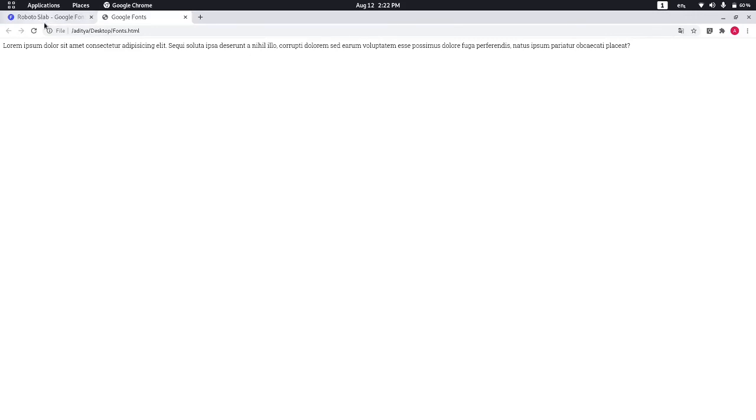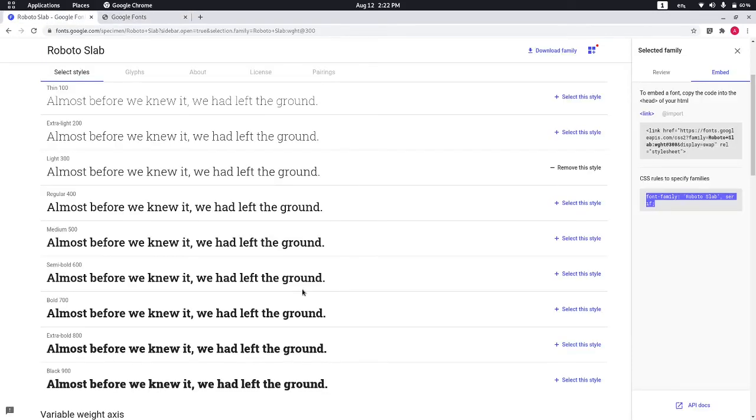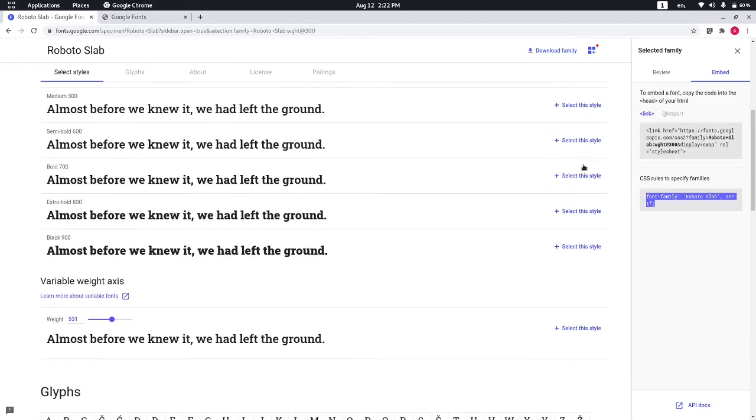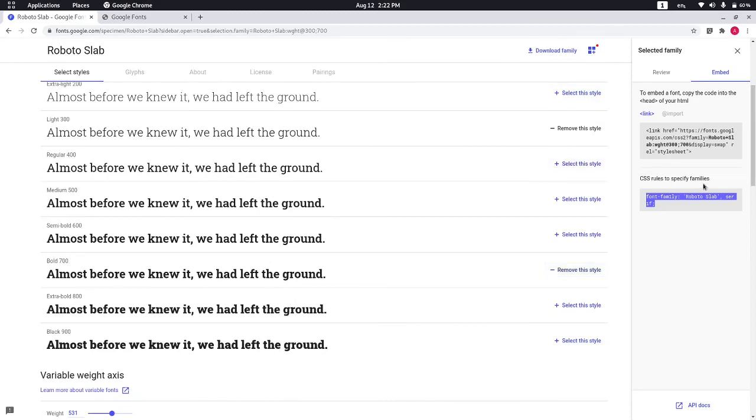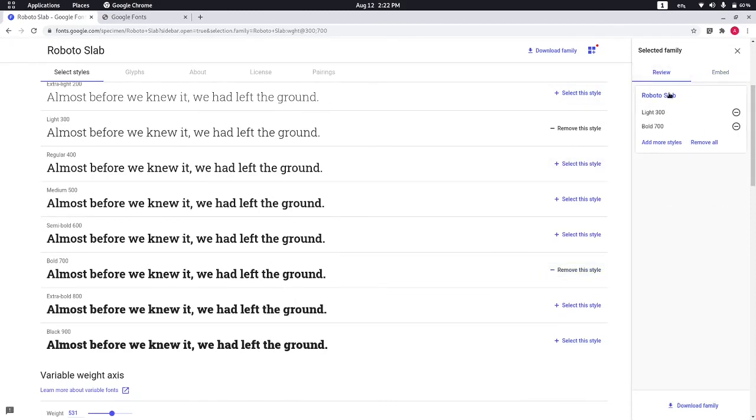Now let's suppose I want to select more than one style, like I want to select this light 300 as well as the bold 700. So just select both of them and then you will get both of the weights selected over here.